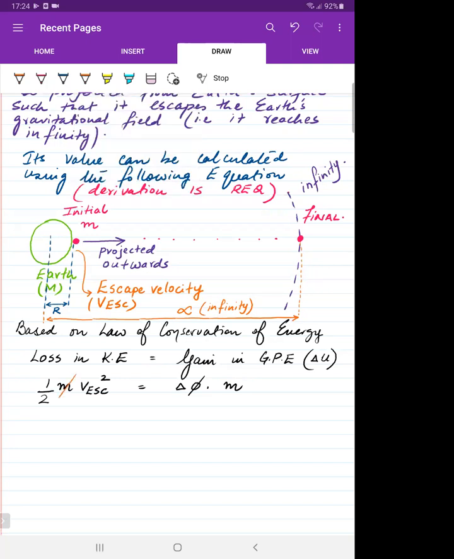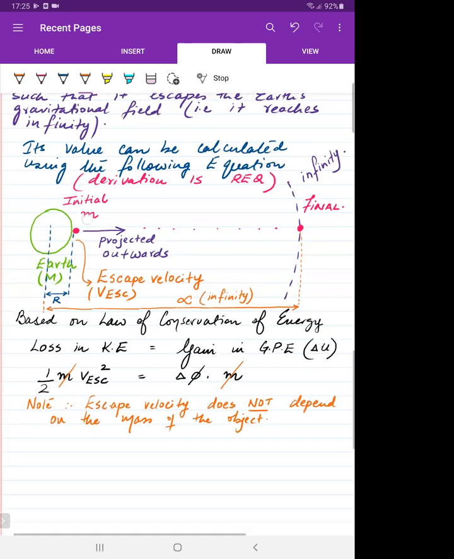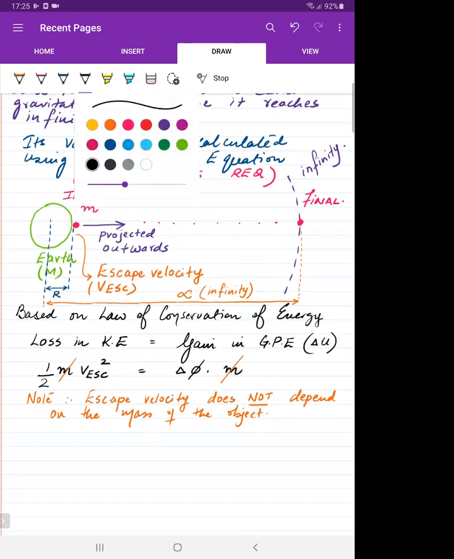Now once again, the first thing to recognize is the fact that the escape velocity does not depend on the mass of the object. Because since the fact that mass gets cancelled out, the value of the escape velocity is not dependent on the mass of the object. So if I continue further with the working, I'll keep the diagram intact ताकि numbers वगैरह